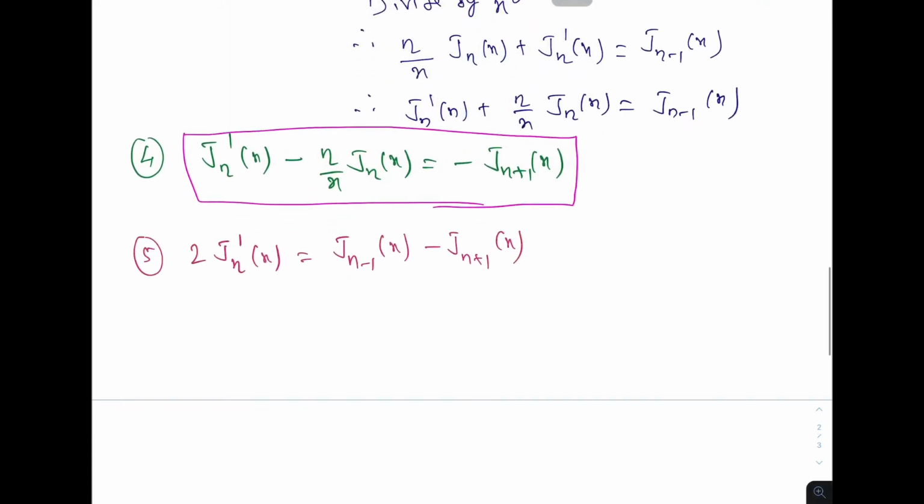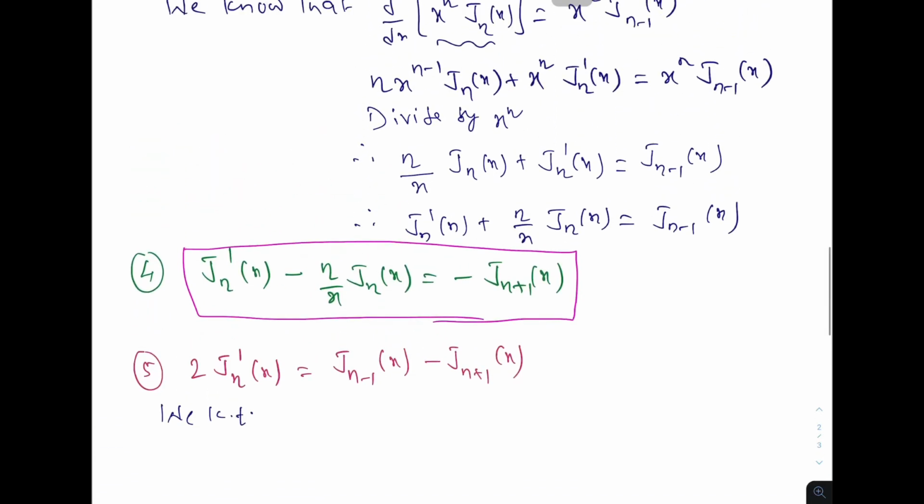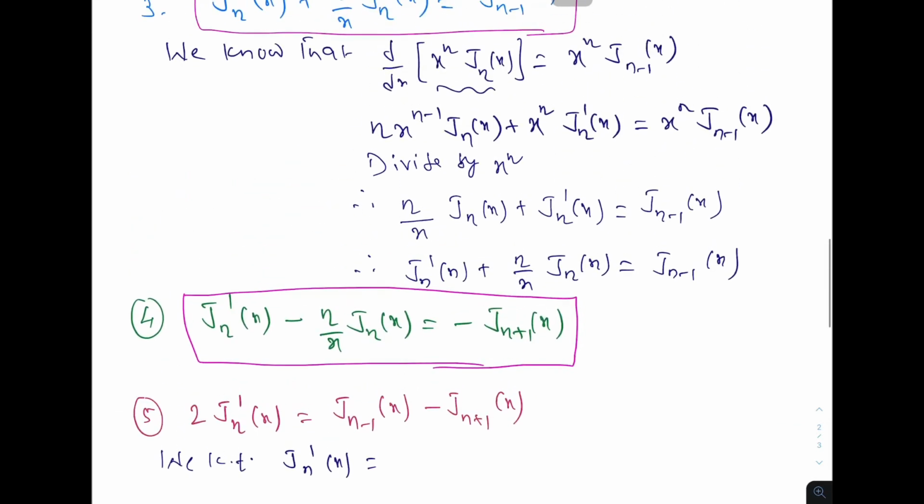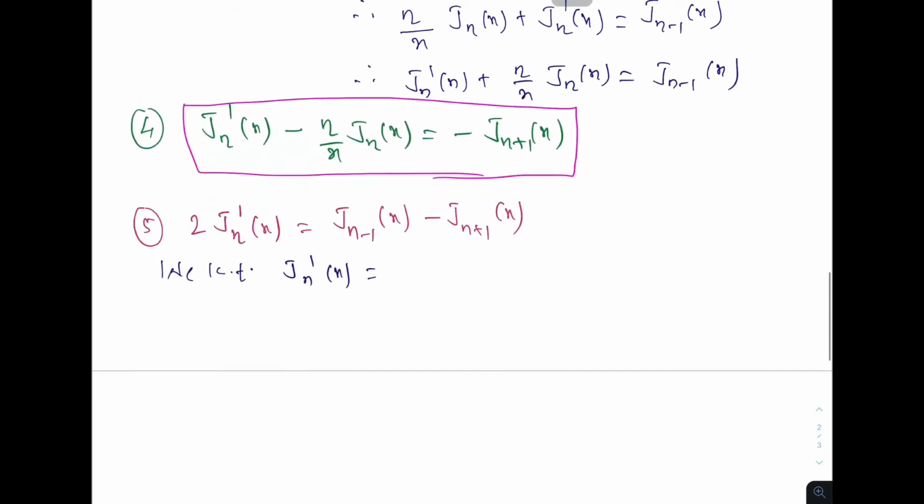So this is easy to prove. So we know that these 3 and 4: Jn dash x